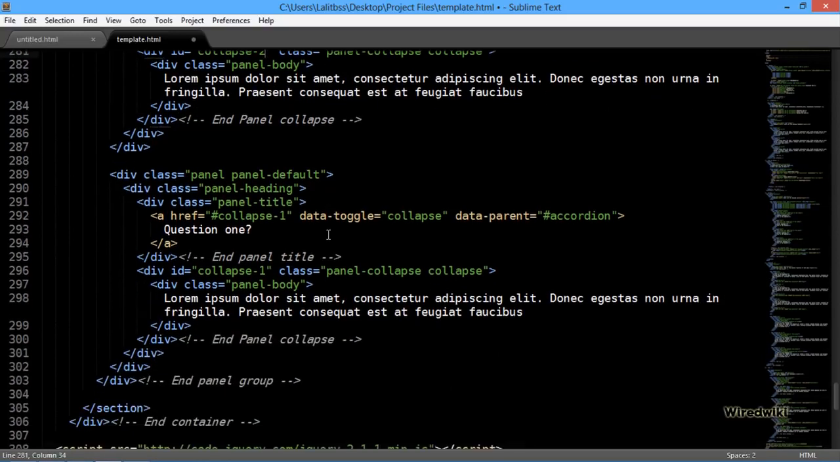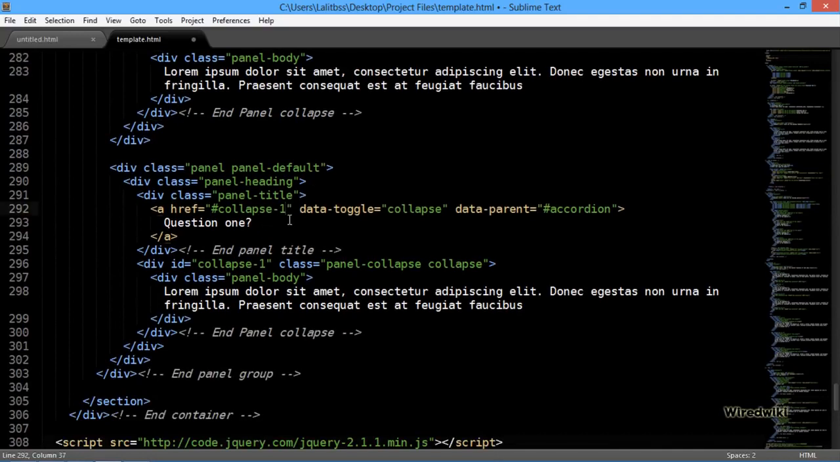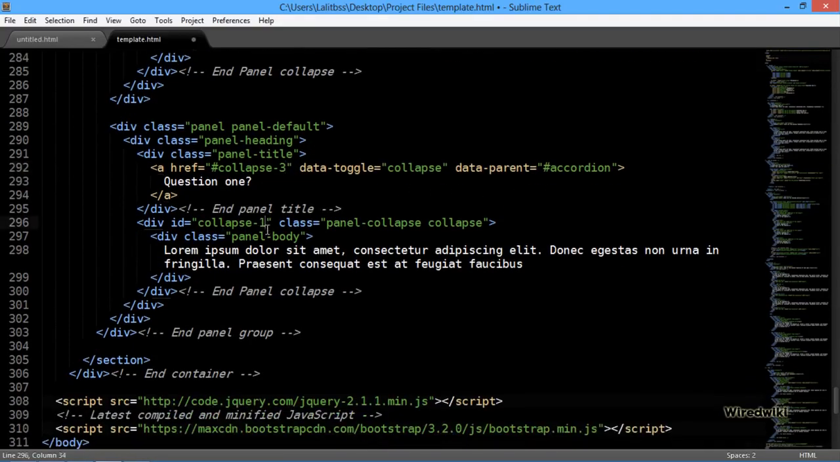everything is fine. Inside the third one I'm gonna change this to 3. Accordion, we have a collapse again 3, panel-collapse, panel-body, and question 3. Okay, so however many questions you want to add, you can add. It's up to you. So if I save this and preview in the browser,